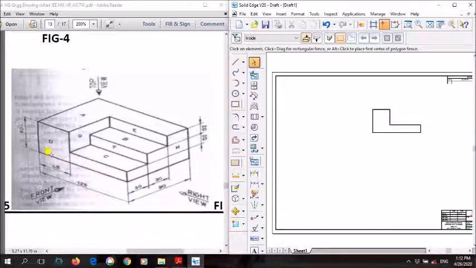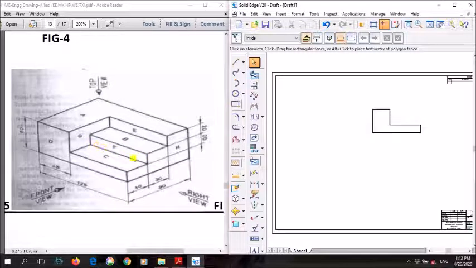Using the thick line you need to draw this, because all the views, front view, right view, top view, all these views should be drawn using thick lines. Next, above this, when you are seeing from the front view, this whole part is visible, so that we have drawn already. Next, just see on the left side of the screen. Only this rectangle is visible, you can see the alphabet F here. So only that rectangle is visible, and we need to draw only that.